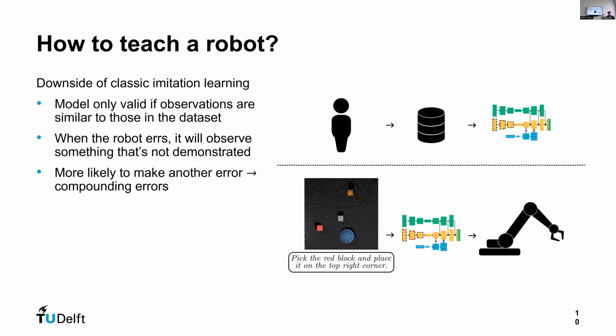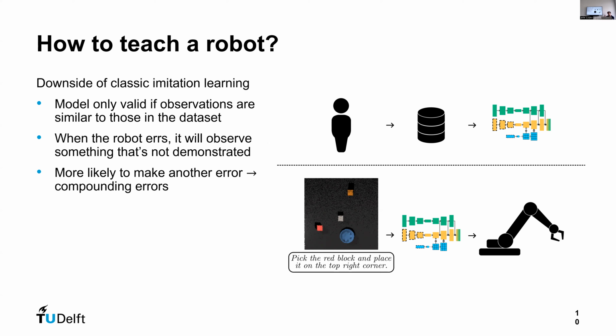But with this classical behavioral cloning practice, there are some downsides, especially to doing this in a sequential way, first training offline and then executing the policy. One of them is that errors might compound, and this results from the following phenomenon.